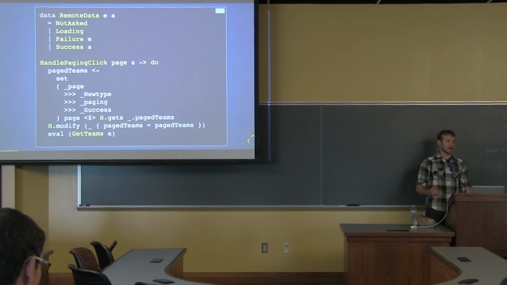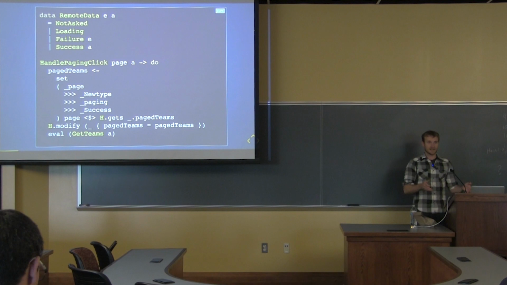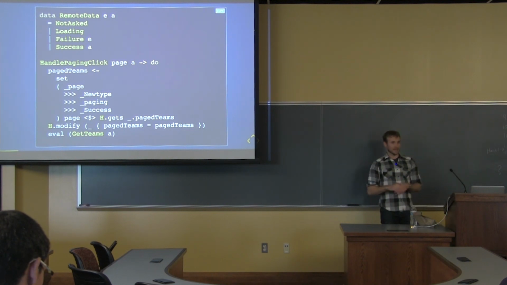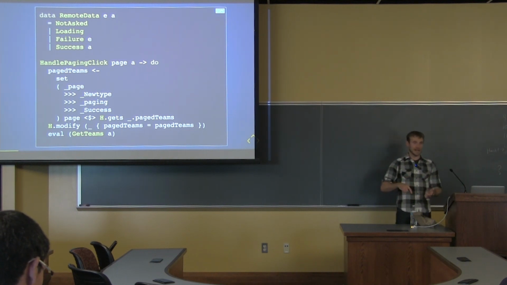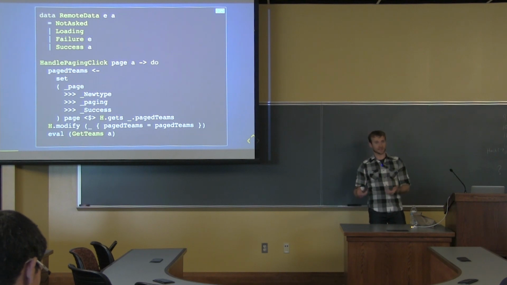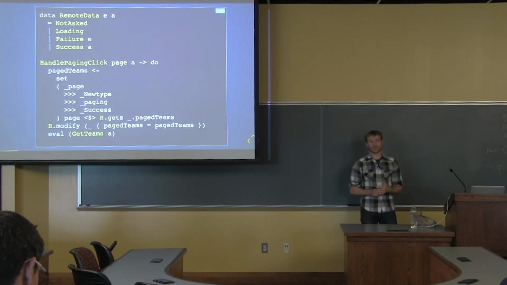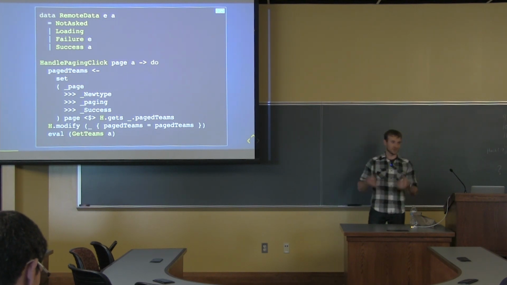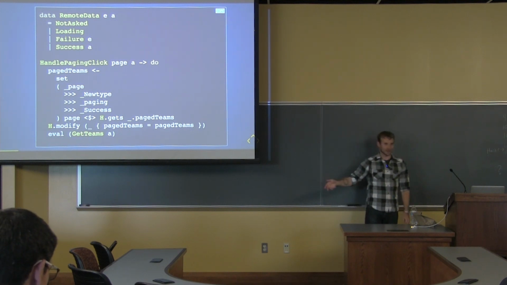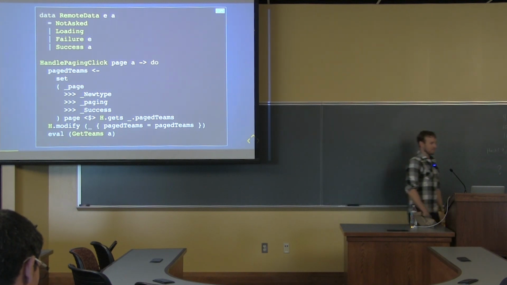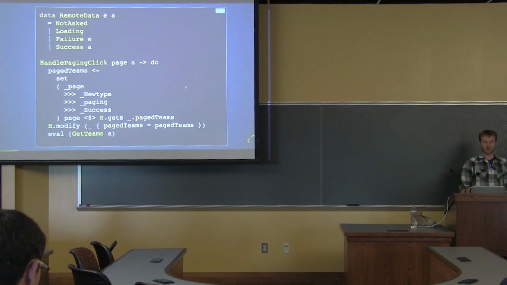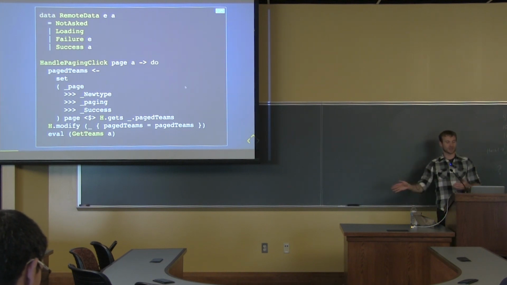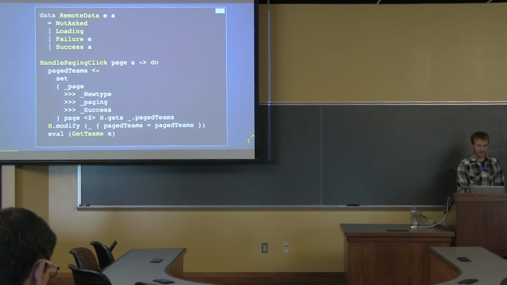So how it's actually represented is we have a remote data, and inside that remote data is a record, and that record has a paging key on it where the paging data is. But we actually, maybe unnecessarily, represent our paging data type as a newtype wrapper around a record that has all this stuff in it. And so this is an example of using lenses to drill down into sum types in a really effective way, because what we're saying here is